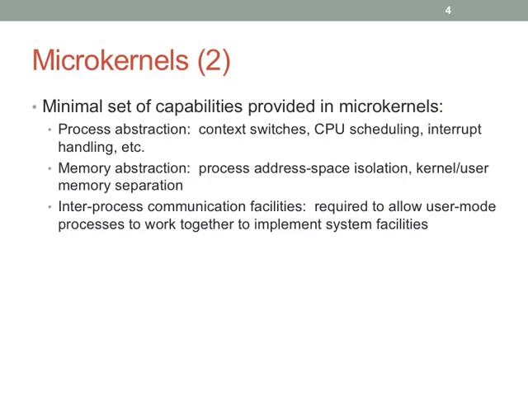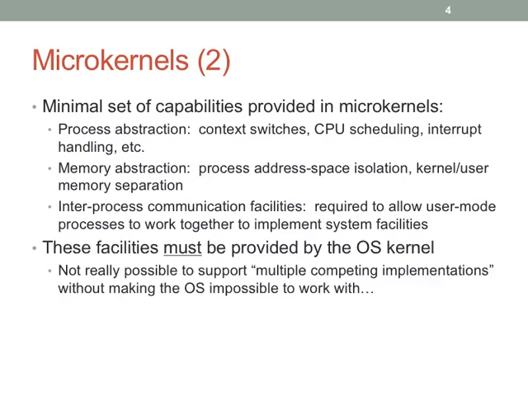Okay? So I have to have this so the user mode processes can interact. Okay? These are the things that have to be in the kernel. And like I say here, it's basically not possible to build a kernel with these things in user space. It just doesn't even make any sense, because how would you even get to that code to invoke those features if those are the features that are necessary to do that kind of invocation?